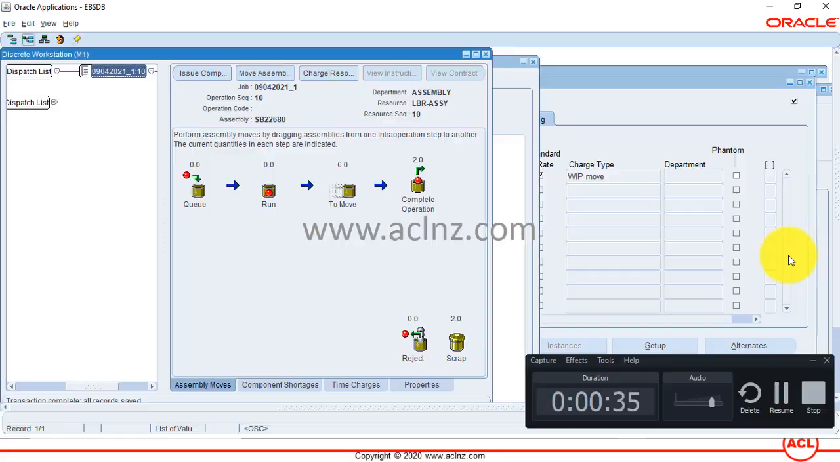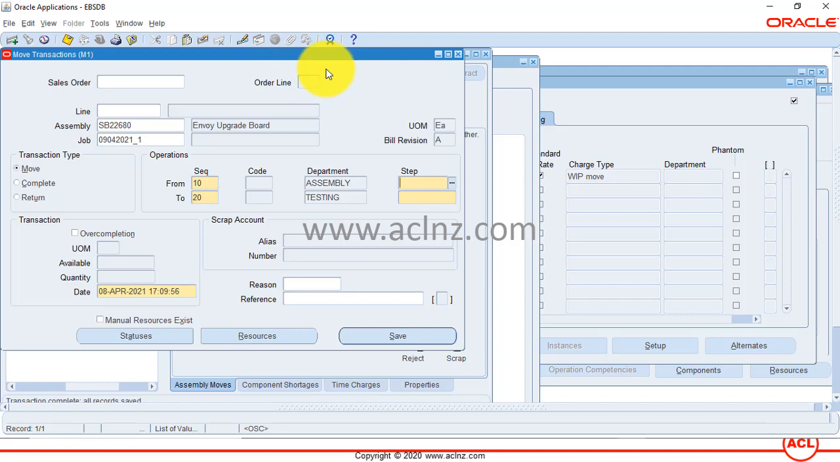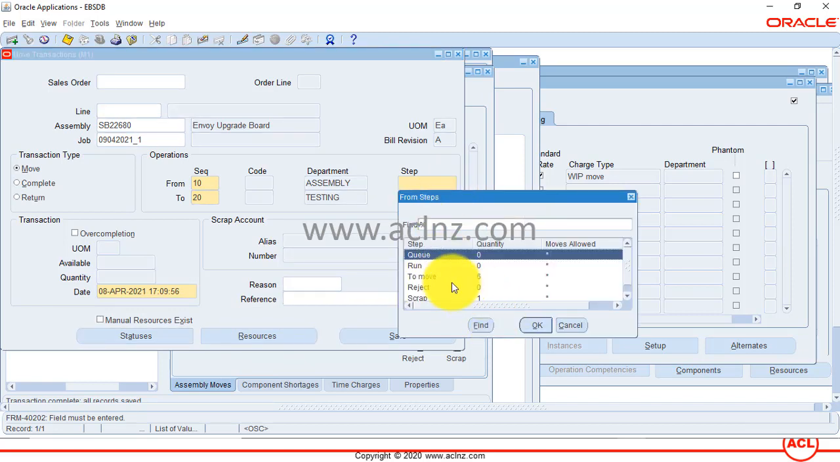So let's go back there. So there I am, and what I'm going to do is click on this move assembly, and within move assembly you see you've got something called resources. So you click on this resources. So first you enter the step, let's say to move